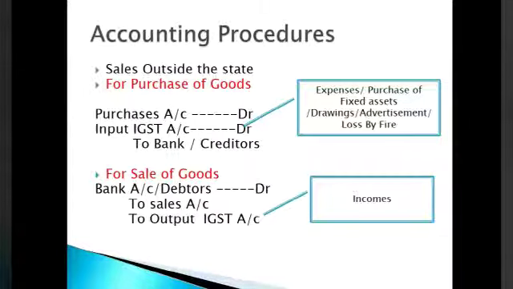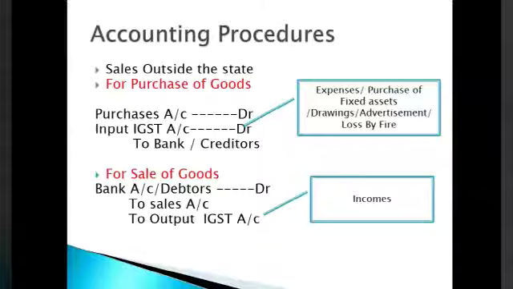What if the sale or the purchases is outside the state? Now I have taken an example. If the purchase of the goods is outside the state, you have purchased it from outside the state, so the journal entry would be purchases account debit, and there you will use not CGST and SGST, there you will use IGST, that is integrated goods and service tax. And if you are paying cash or check, you have to write down to bank or cash, or if it's on credit, you have to write down creditors. In the same way, you can replace the purchases with other expenses or assets.